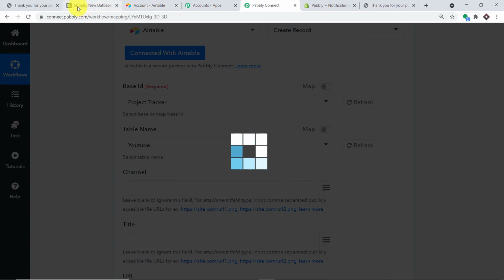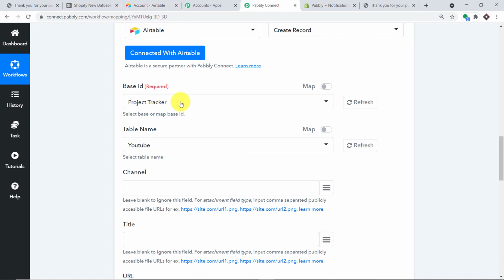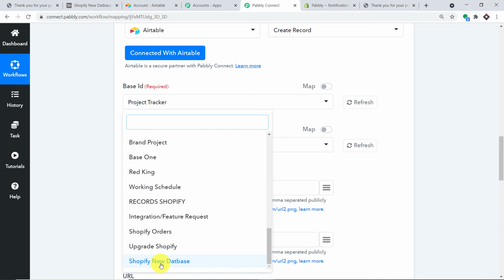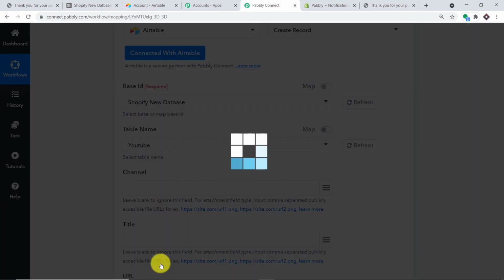Okay, so the name of the base is, remember, Shopify new database. It is getting refreshed. Give it 1 or 2 seconds. Okay, so the base ID has been refreshed. So let's have a look. So yeah, we do have the base that is Shopify new database, and the associated table with it is